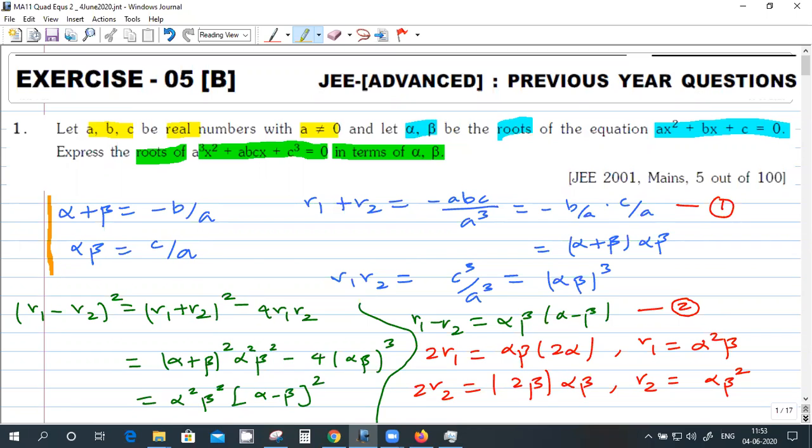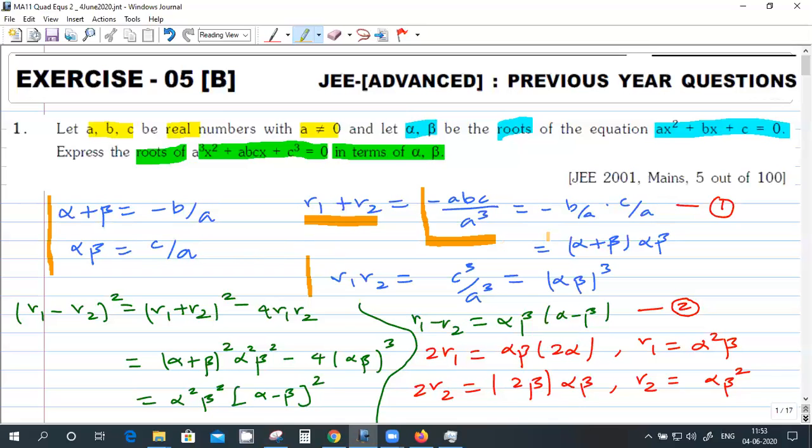Yeah. And for the second equation, let R1 and R2 be the roots. So that should be equal to this one, and the product of the roots is this one. So A, B, C in terms of alpha and beta are right. This ABC is there, no? Yeah. So in terms of alpha and beta, I should write.